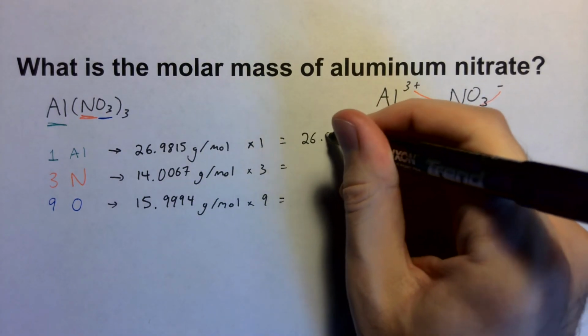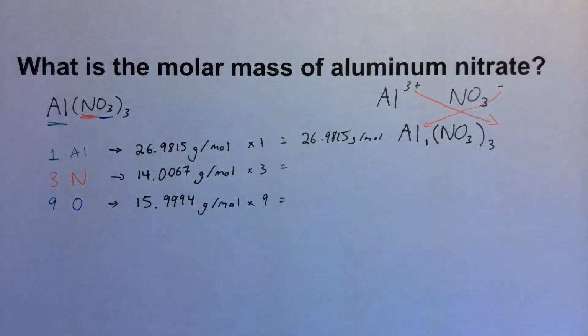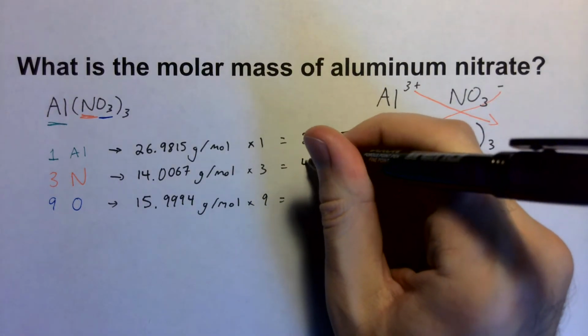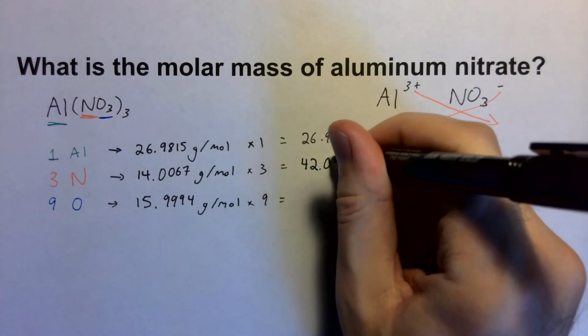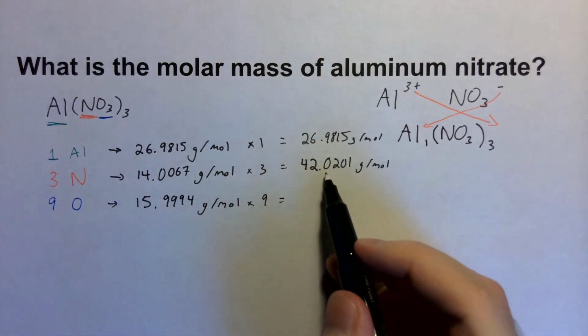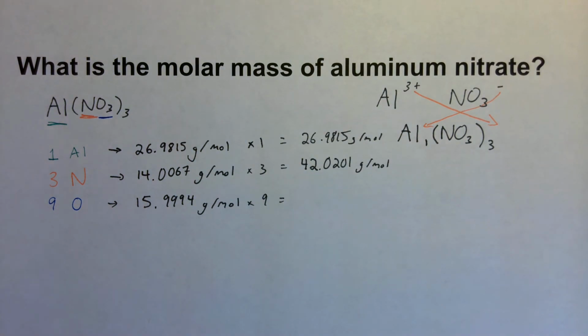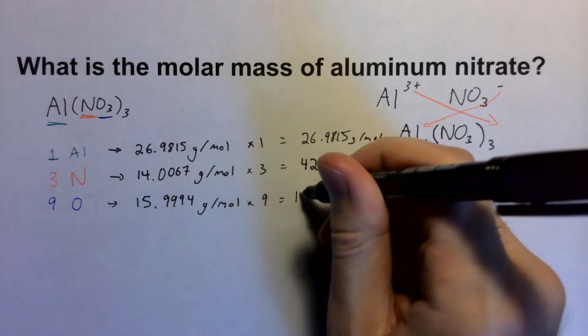This one ends up being the same for the aluminum. The molar mass of the nitrogen times the 3 nitrogens gives the contribution from the nitrogen. And then for the oxygen, 15.9994 grams per mole times 9, because there's 9 oxygens,